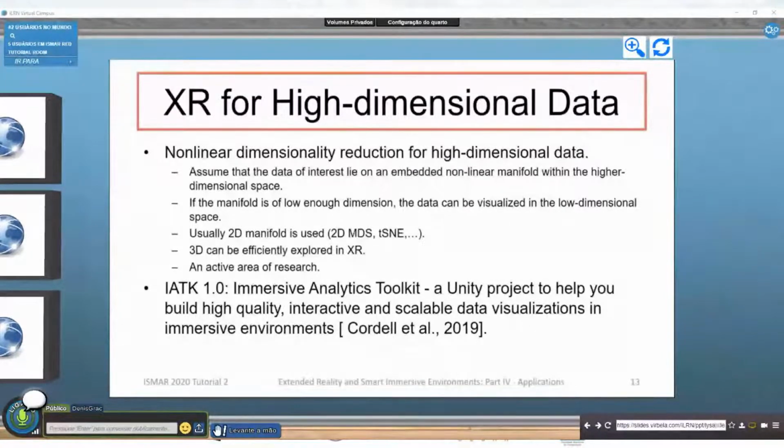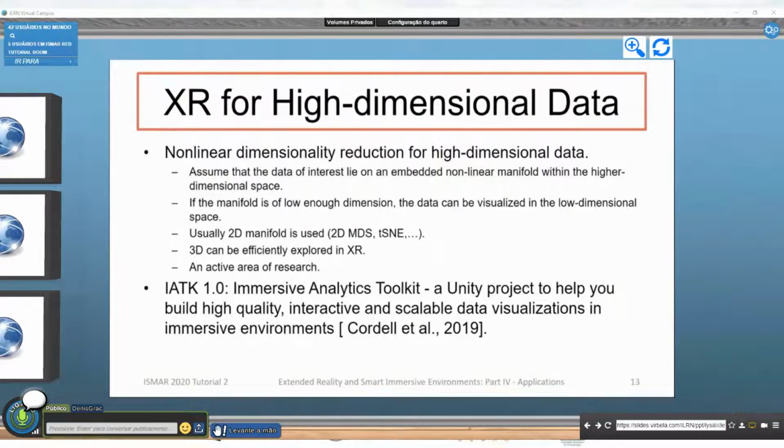And in this case, XR and 3D can offer a new way for analysis, which can be very beneficial. We can explore the 3D embedding in 3D space. So using XR for high dimensional data analysis is still an active area of research. And if you're interested in experimenting with it, we would recommend Immersive Analytics Toolkit, a Unity project to help you